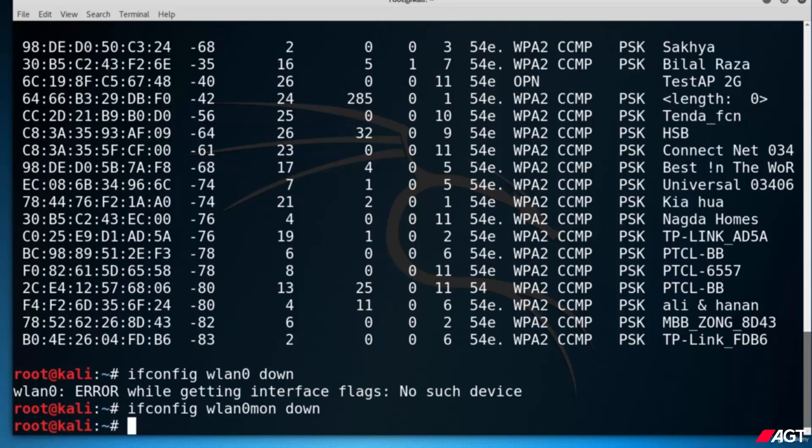So let me connect it. Okay, so I have connected a new wireless adapter which supports 5G frequency. So let me do ifconfig,